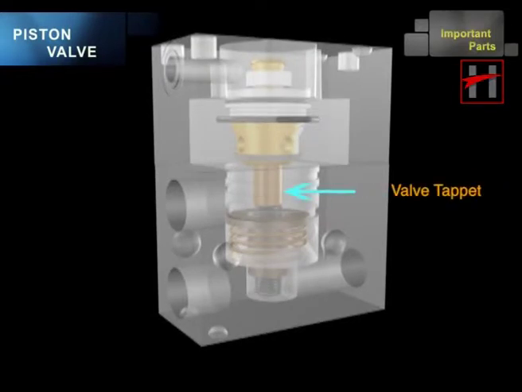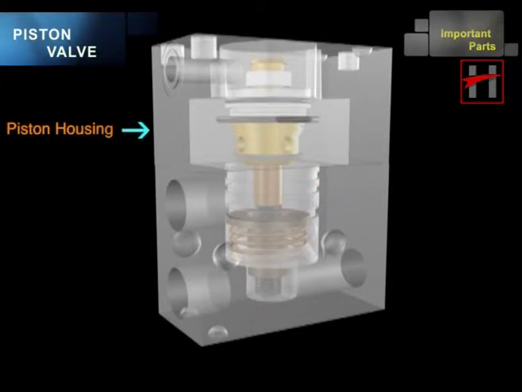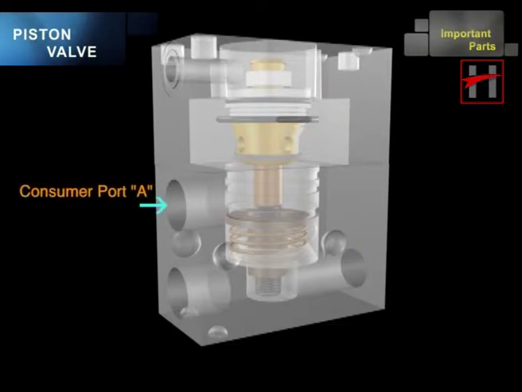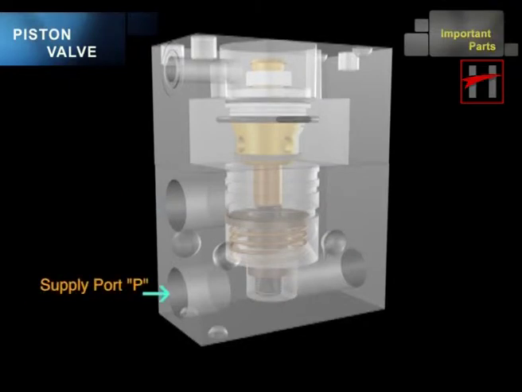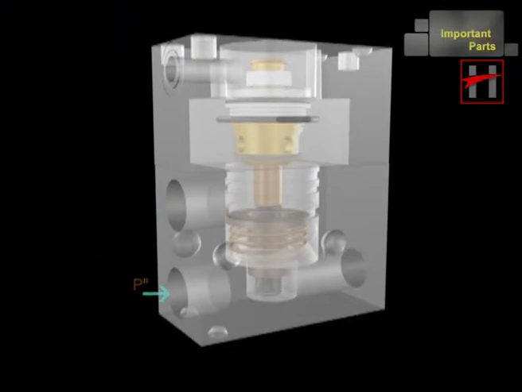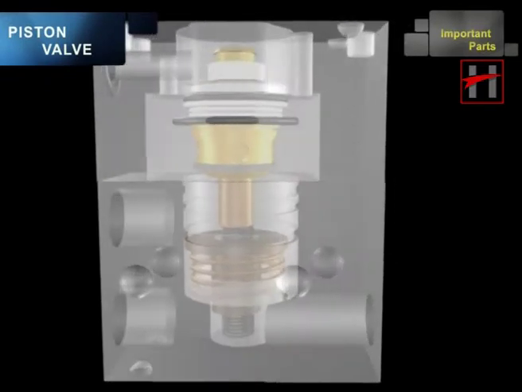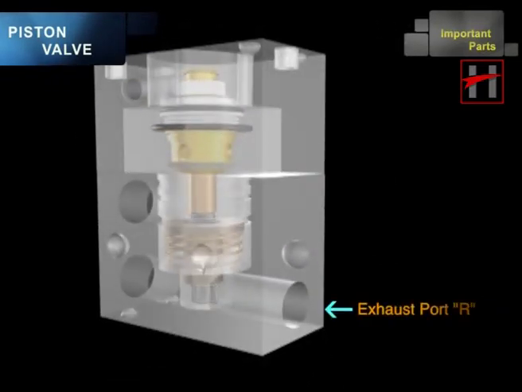valve tappet, piston housing, piston, consumer port A, supply port B, the control port Z, and exhaust port R,